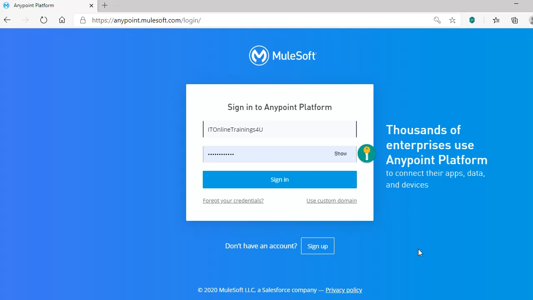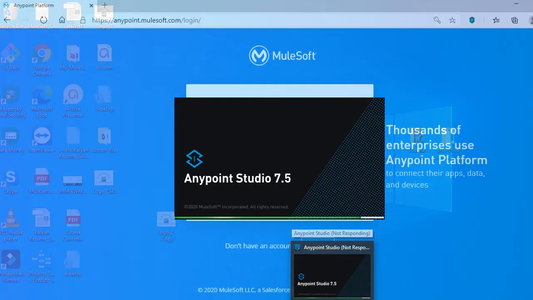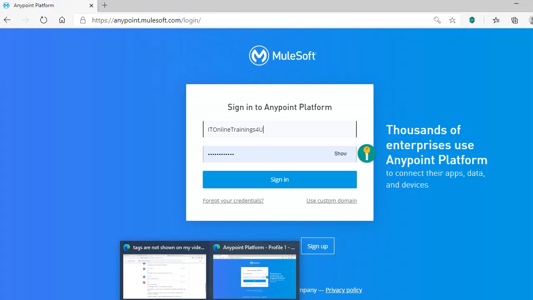Okay, I would like to create a separate video on how to set up this Anypoint Platform, how to create your workspace, and how to set up your local environment to install Anypoint Studio for development. So for each and everything, I would like to create a separate video, especially for beginners.